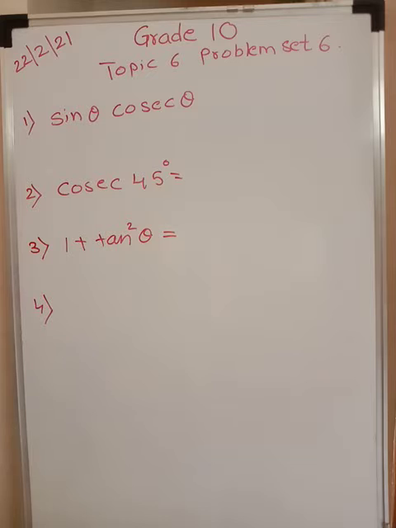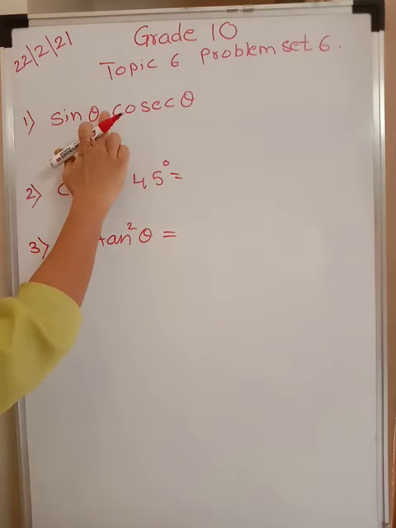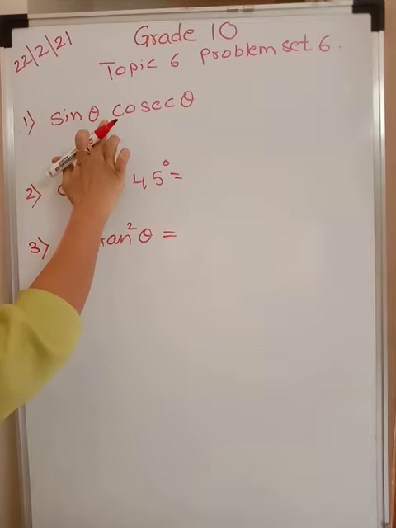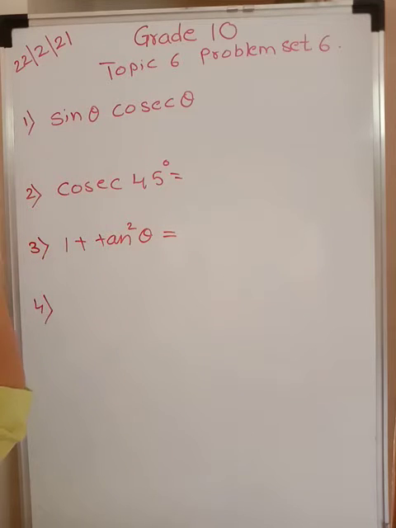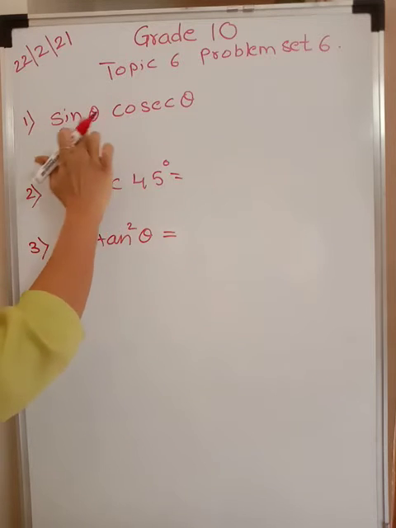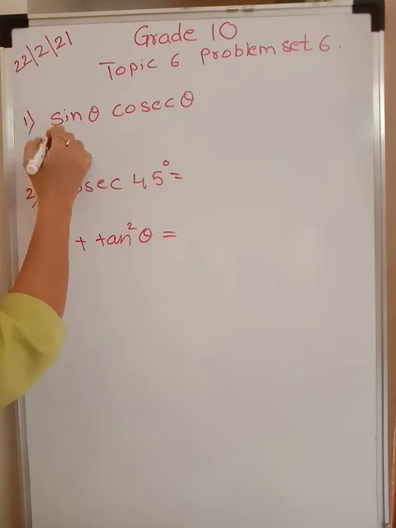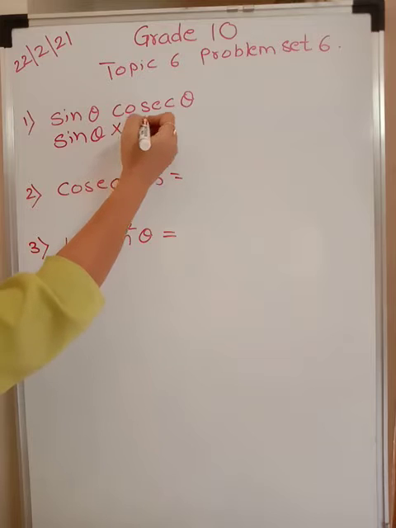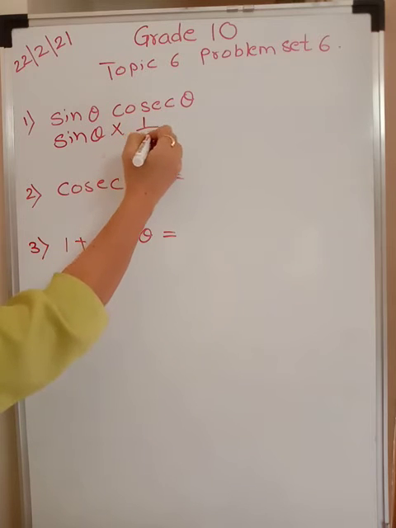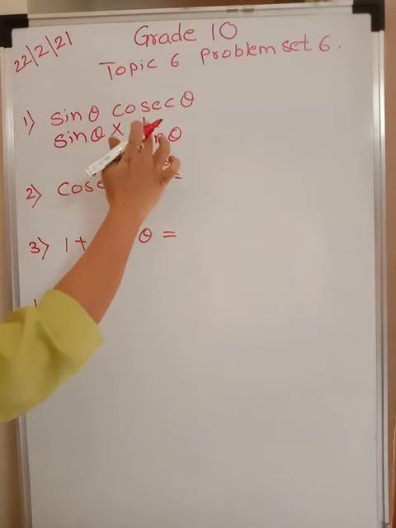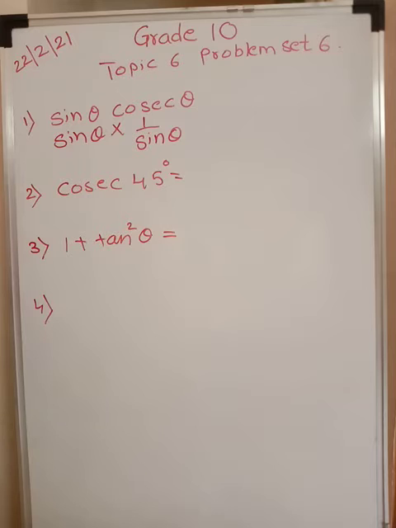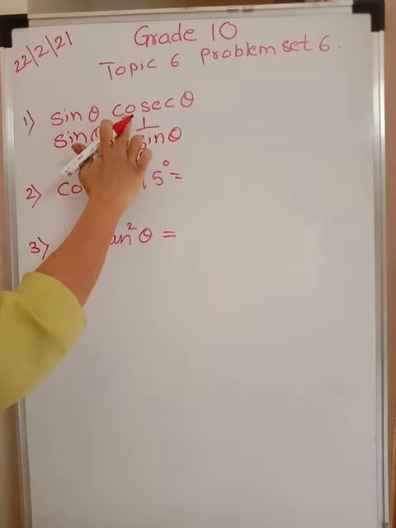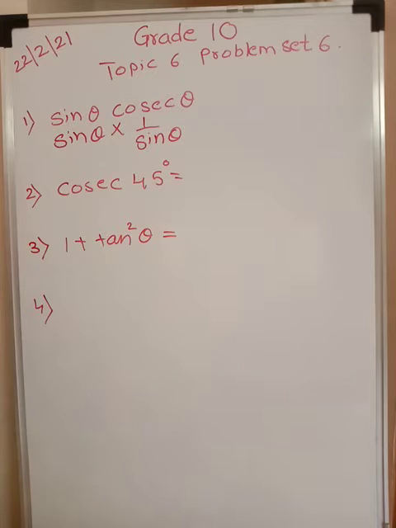Okay. See now, sine theta, here nothing is there, that means multiplication is there. So, sine theta into cosec theta is what they are asking. Now you know very well this is sine theta into cosec theta. What is cosec theta? It is 1 upon sine, right? So cosec is 1 upon sine theta. I repeat the question, it is not cos, it is cosec. Sine theta into cosec theta, what is the answer has been asked.